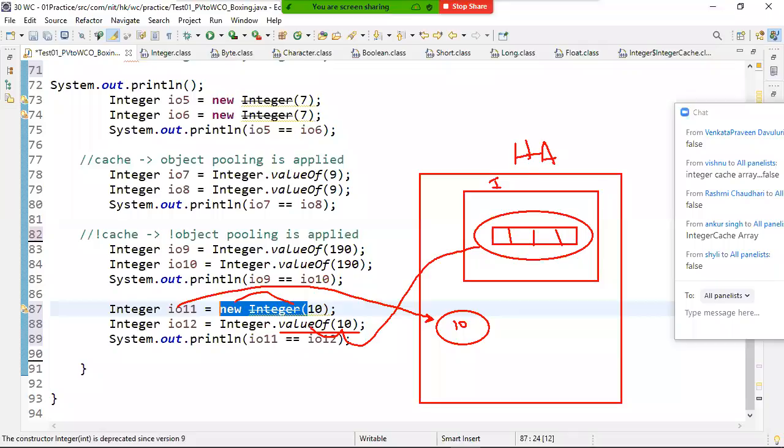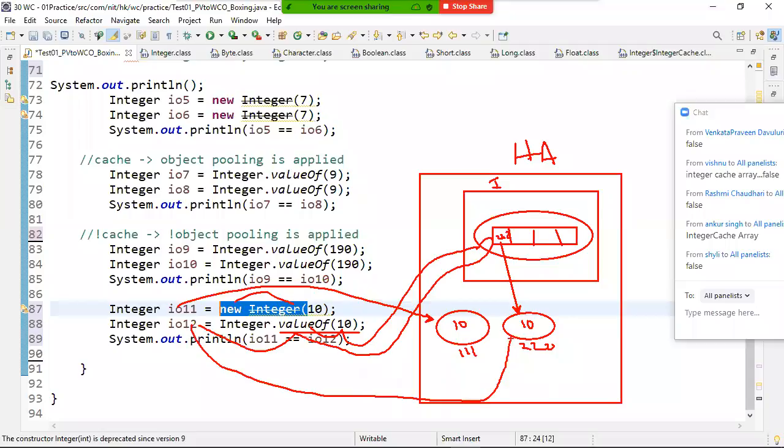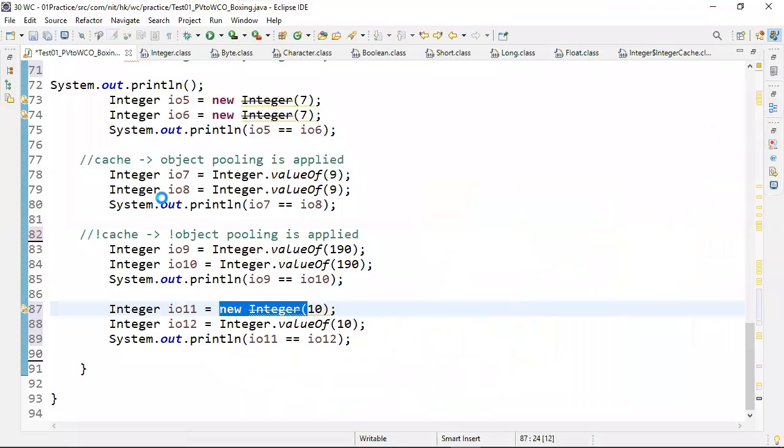Everyone understand? It is not available. So what is it doing? It is creating another object with value 10. Now this object reference, let's say this is 111, this is 222. Now the 222 is stored here, pointing. So the new keyword constructor doesn't store the object reference in the array. And now it returns what? After storing 222, the same 222 is returned and pointing. Now it is pointing to the second object. So the result is what? False. Everyone understand? The result is false.